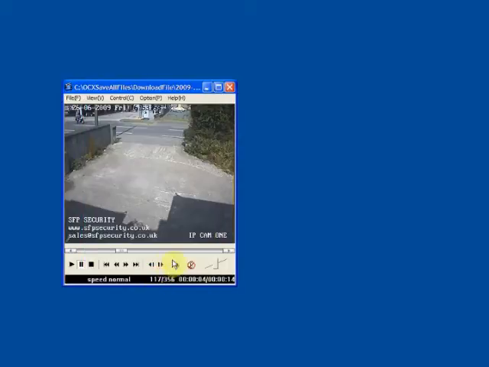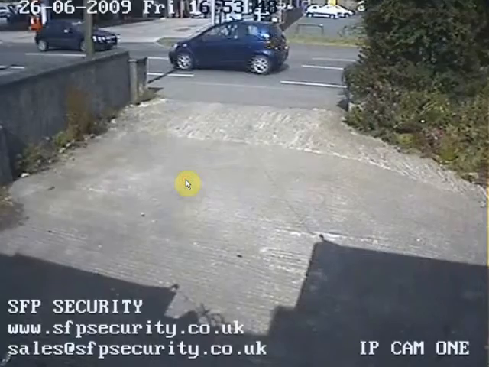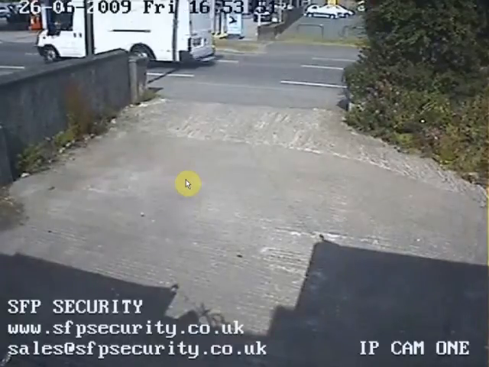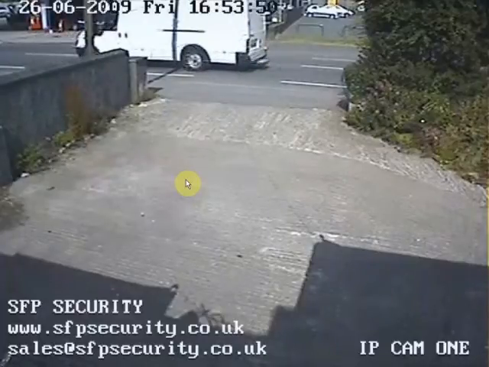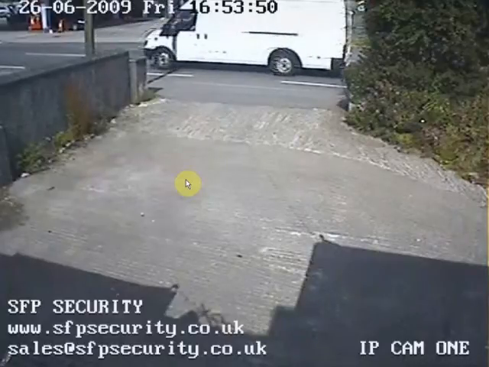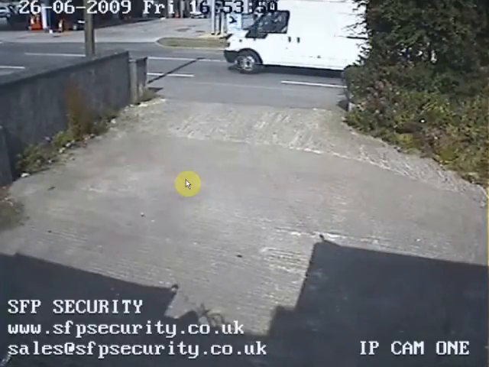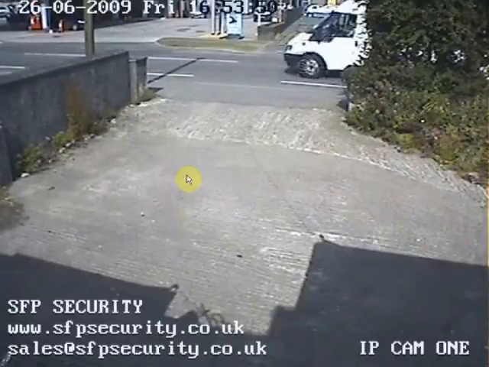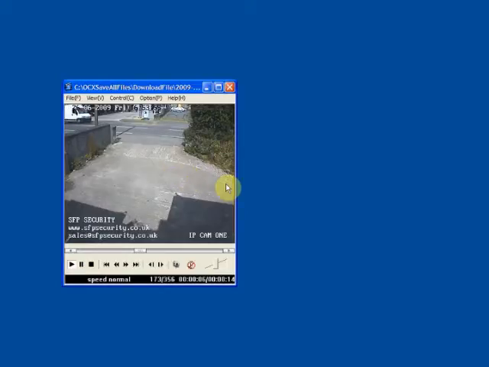Now if we click OK, put the video back to the beginning, click the full screen, and now using the spacebar we can start the video. Stop it. The arrow keys move the video forwards a frame at a time, or in this case backwards a frame at a time. And we can go right back to the beginning of the video and play from the start. And now if we exit the full screen,